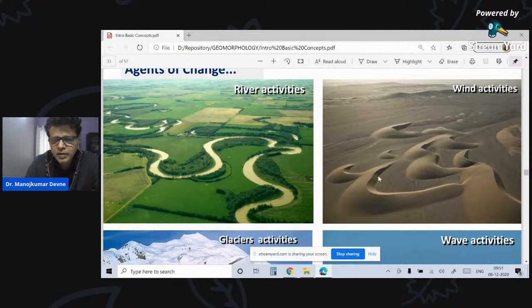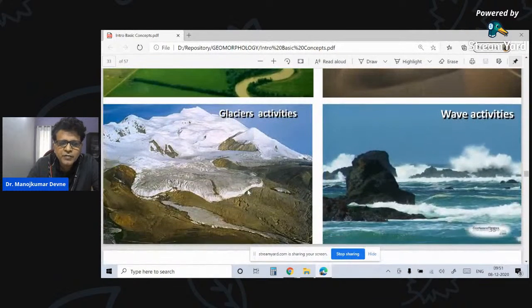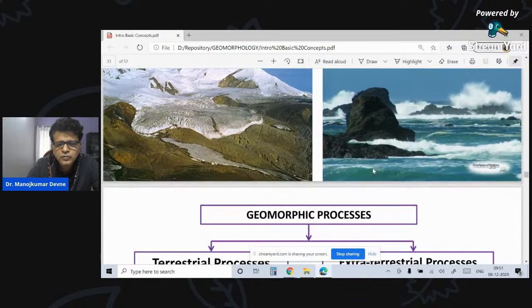Then you have the wind activities. You have these dunes which are barkhan shaped. These are called barkhans. You'll see that one side is much steeper than the other side. Normally, the steeper side is the leeward side and the gentle slope is the side from which the wind is blowing. Then you have glaciers. This white thing is a glacier here, and of course, then you have snow in the backdrop. Water could be oozing out of that, and then here you have the wave activities also.